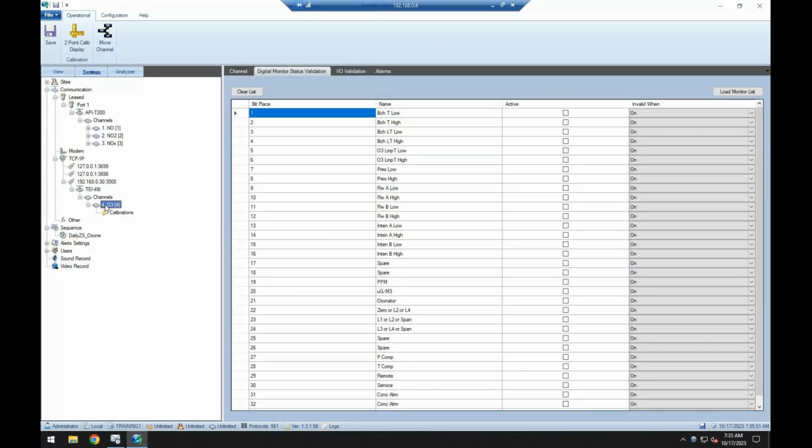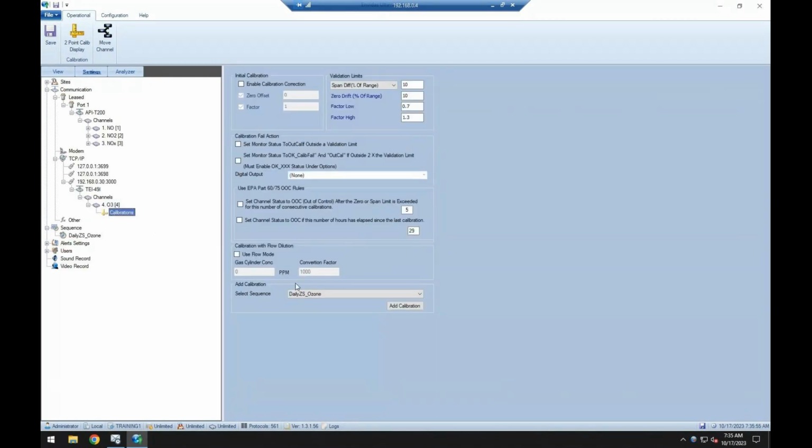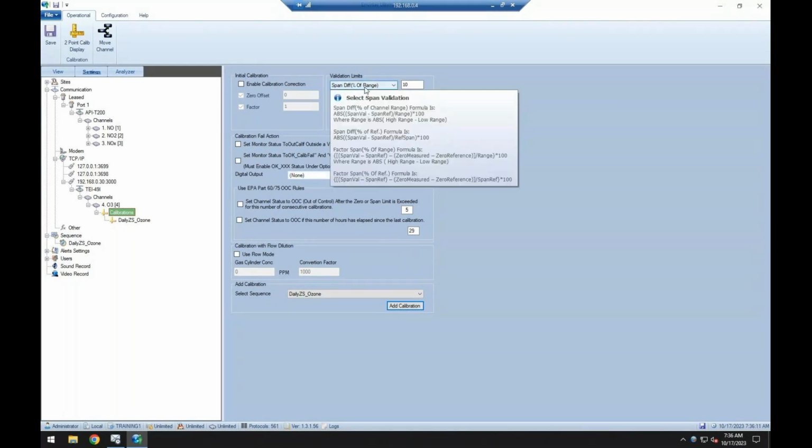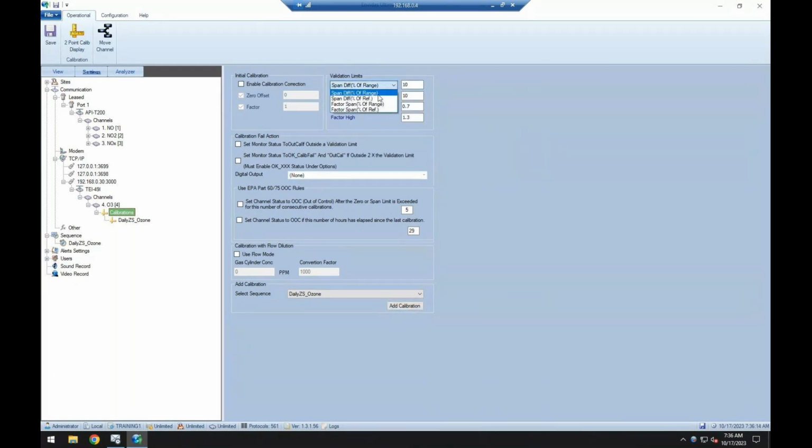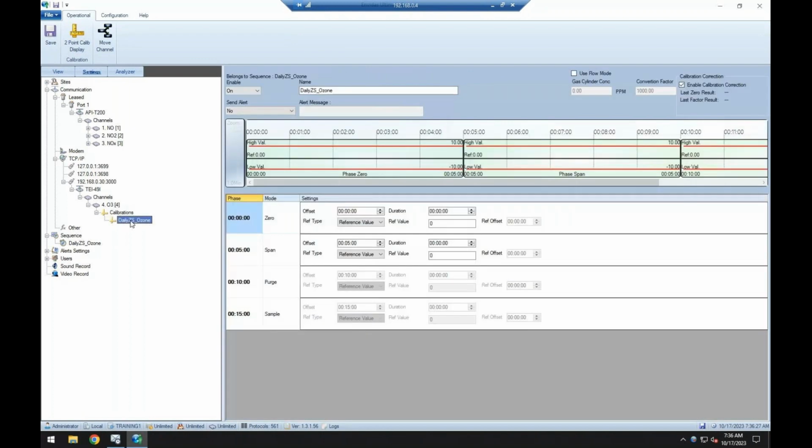So we'll expand the ozone channel. We'll select calibrations, and we can see that sequence there that we added. So we'll say add, and then it appears under that channel. You can set up validation limits. The default is the span difference percent of the range, 10%, or you can do the percent of the reference, the factor percent in the range, the factor percent of reference. So we're just going to leave those default, and then we're going to select our calibration that we added under the ozone channel,